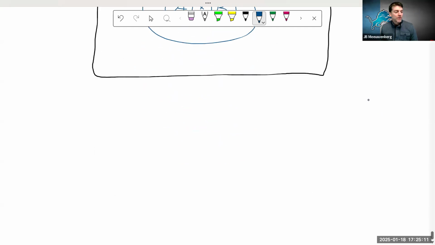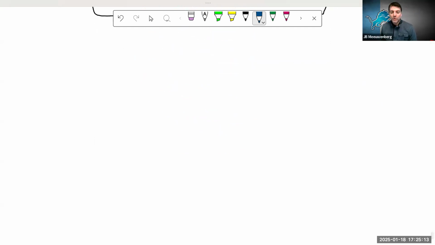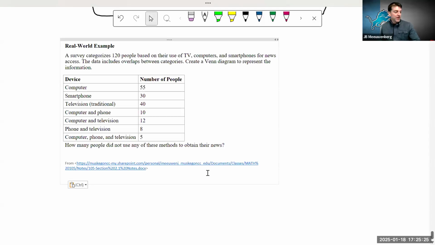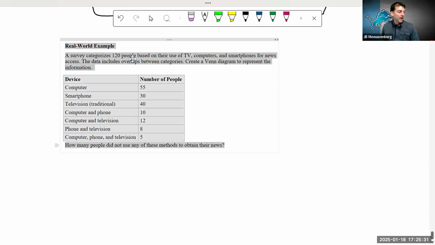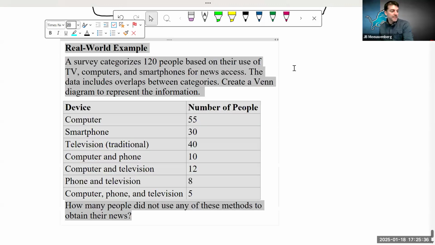All right, so we're going to end this section with a real world example. And I'm going to do a little copy and paste so you can read this. And then we're going to see how we can actually use different numbers here and a Venn diagram to solve a real problem. So what this says is that